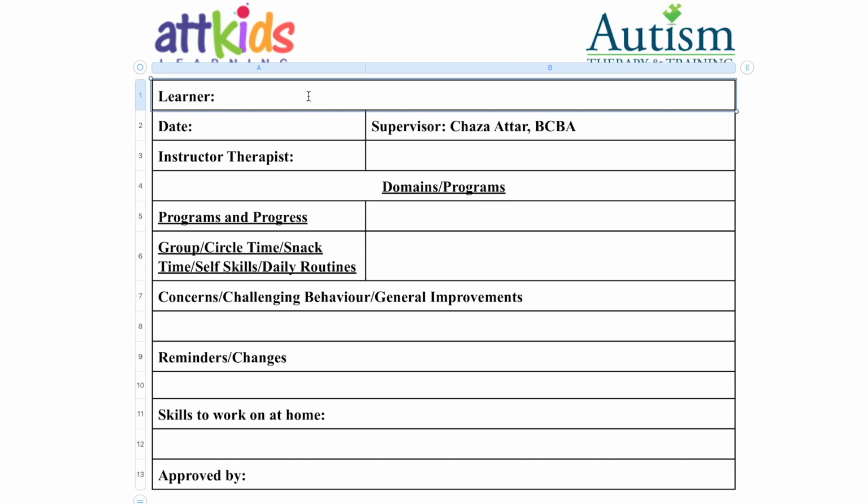You also want to ensure that you're writing it in a simple way so that the client can understand. So this is a template of what we would use here at our center. Now again, you might be using something different. You might just have a generic paragraph that you write on a piece of paper, and that's how you guys do it. I like to have a template so it reminds therapists of what to do.